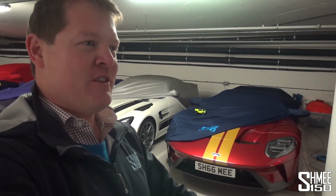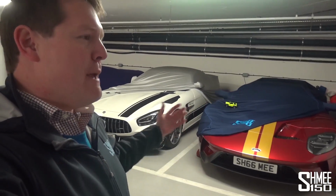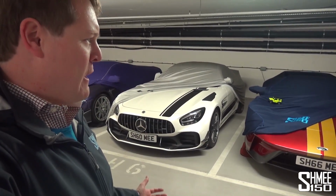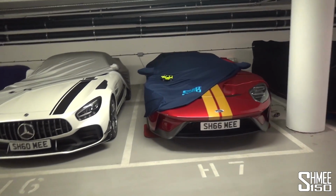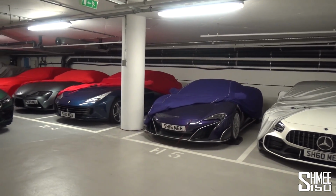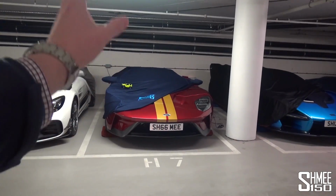But I think when it comes to previous cars that you've owned, there are a few factors involved to keep cars, particularly the more expensive ones. Obviously there's the cost and the financial side, but there's also the storage. And storage and space here, particularly in central London, comes at an absolute premium. I do rent these spaces here in this private supercar storage, but of course they cost me a couple of